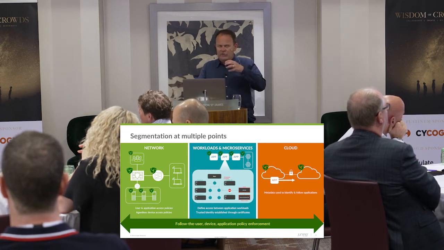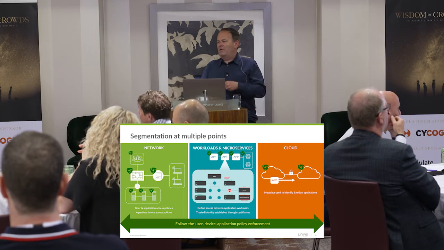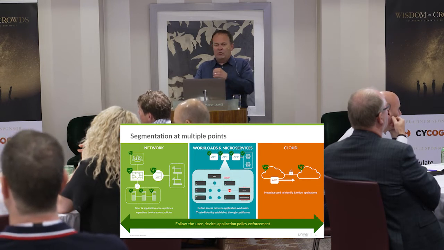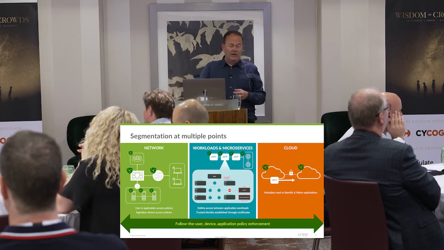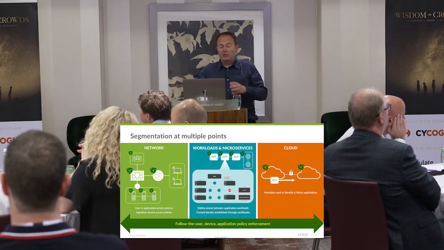And users, when you introduce things to them, if they're difficult, they try to circumvent them, don't they? They're like, I don't like that, I'm going to find another way of doing that. And that's how shadow IT was invented, which is what we really don't want to occur. So it is essential that you have seamless policies, everything should follow the users, everything should happen automatically, and it should be the same experience for somebody wherever they are at any point. Whether they're accessing resources on applications on your servers, whether they're actually going out to the cloud, it should be the same for everything.